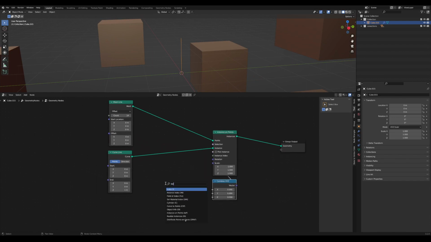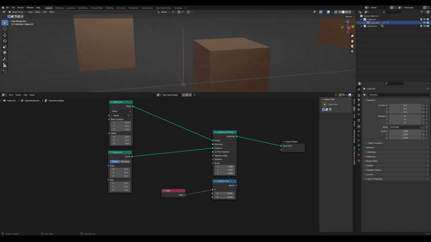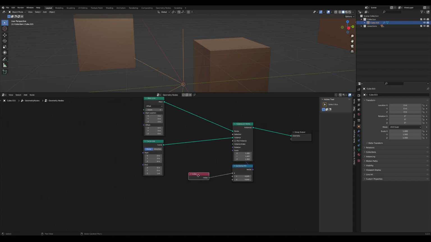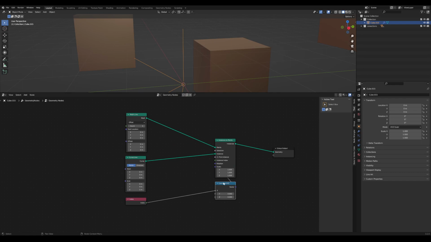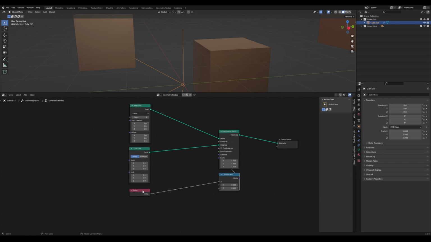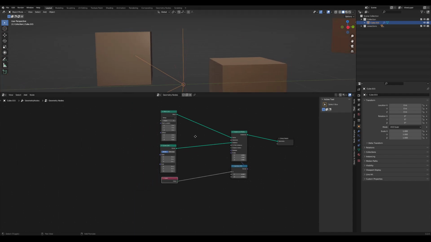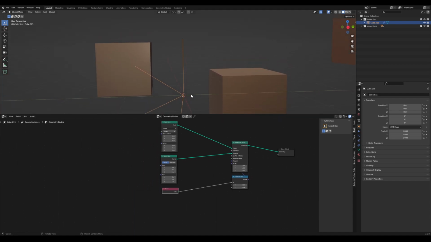So when I take the index and plug it into X, you can see that something happens. And right now, if the index increases by 1, our rotation increases by 1 radian, which is like 57 degrees, I think. And to make it a whole rotation,